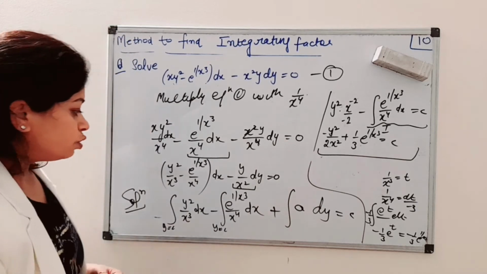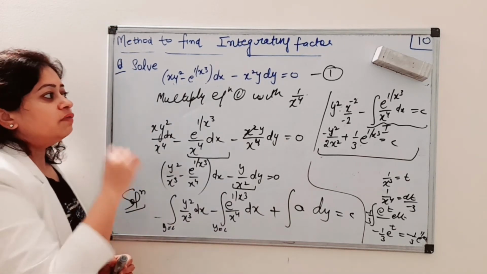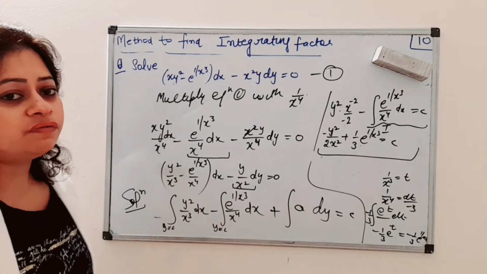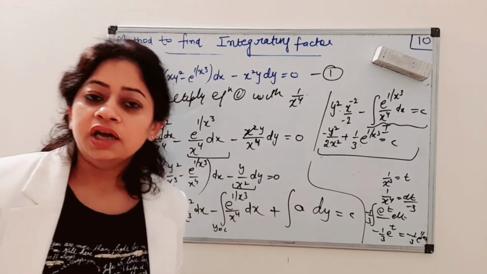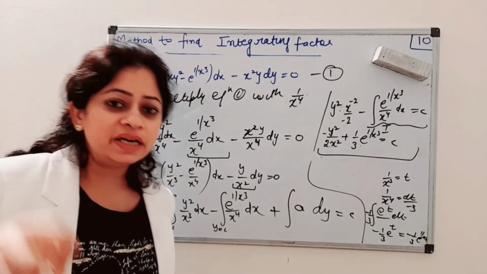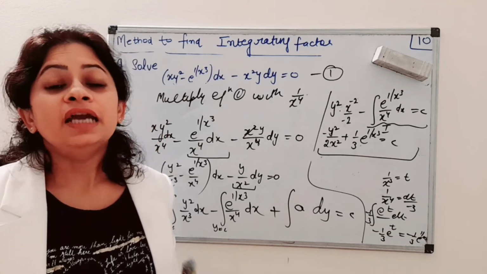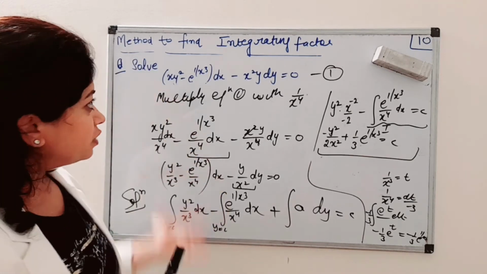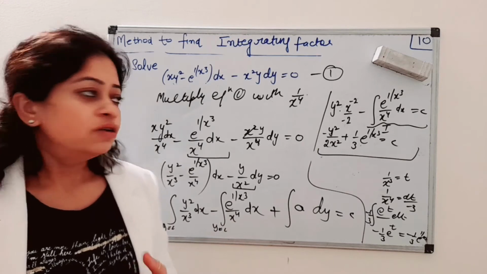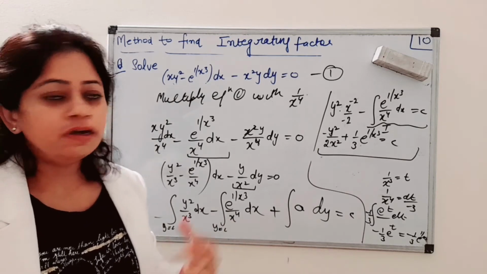So how do we solve this? We have seen this. Whenever we have a differential equation, we will first check whether it is exact or not. If it is not exact, we will make it exact by multiplying it with integrating factor. And here are the rules of finding integrating factor. So we come to next example with next rule.